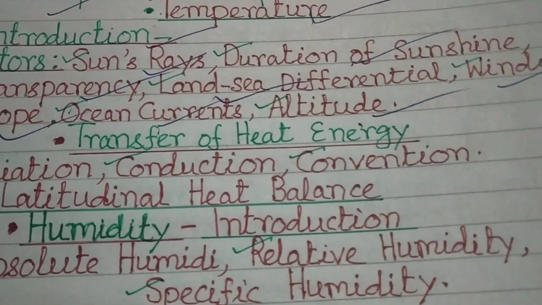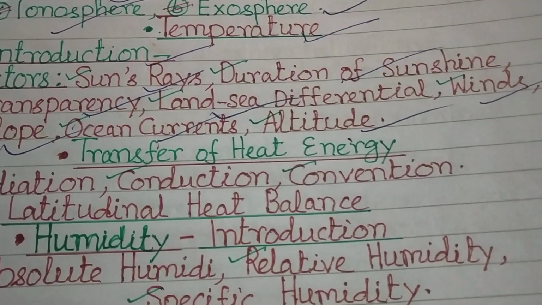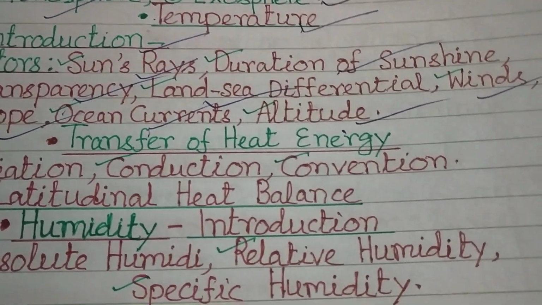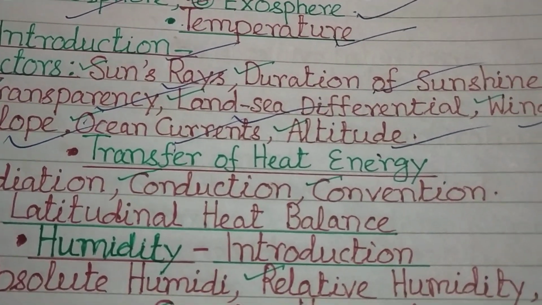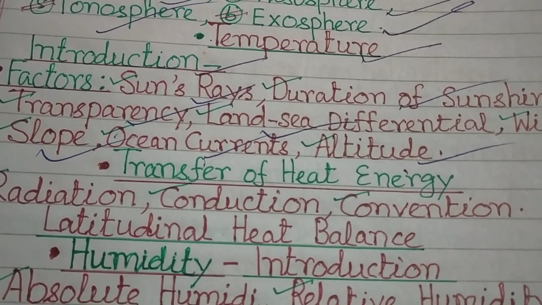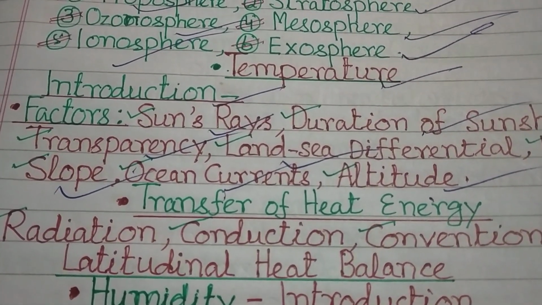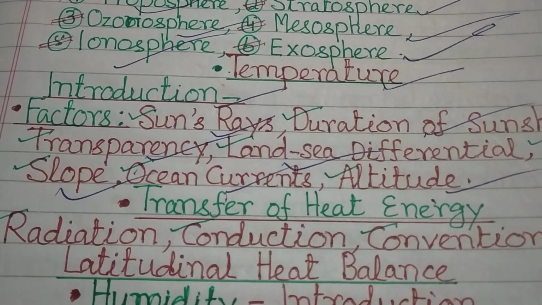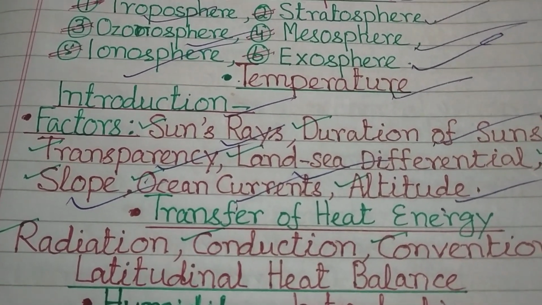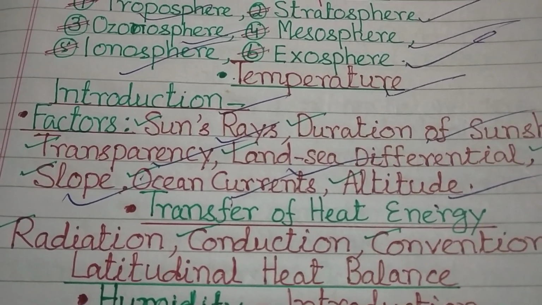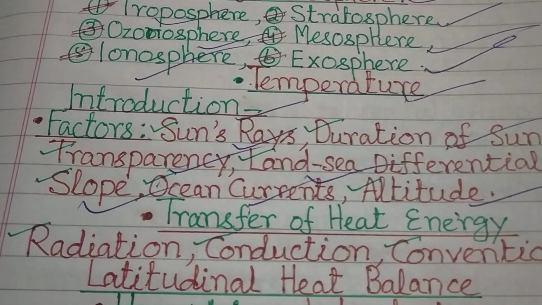It is received in the form of short waves which are electromagnetic in nature. These short waves of ultraviolet rays are absorbed partly by the atmosphere and on reaching the earth are converted into long wave radiation by reflection. The Earth's surface receives this radiant energy at the rate of 2